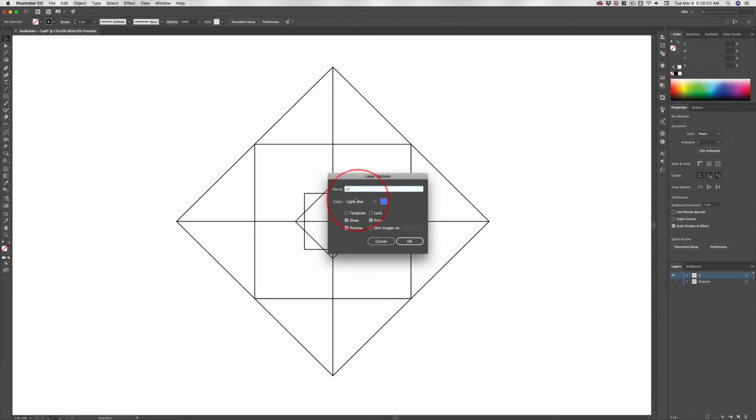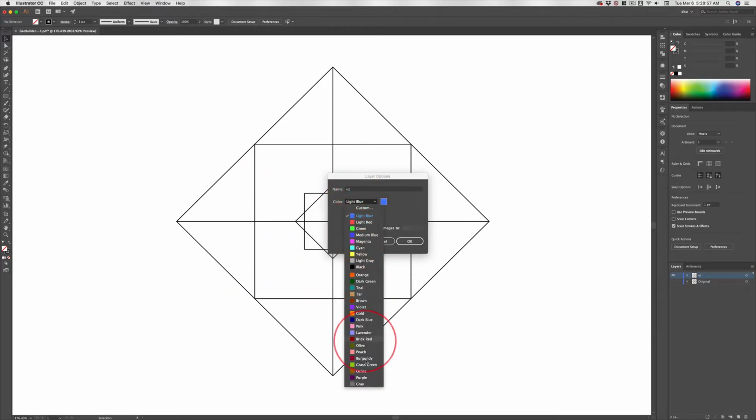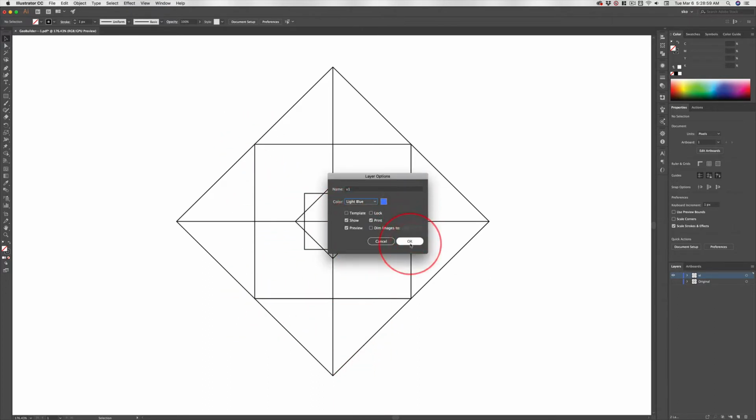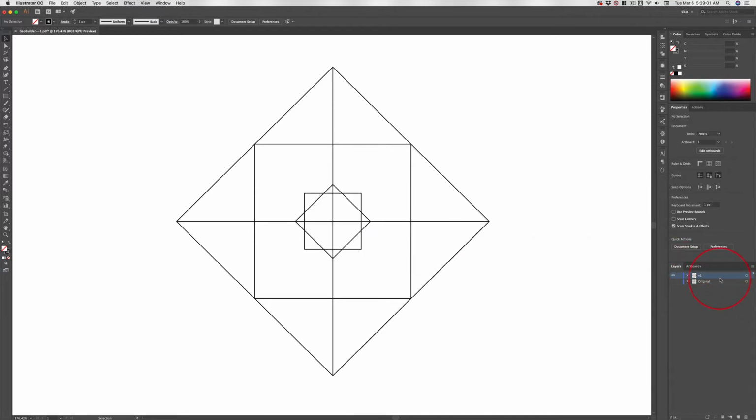And by the way, if you don't like the color of your selection, you can change it right here. You can change it to whatever you want. I do that all the time in order to see my selections better. So now that we got version 1, in order to proceed, I can do one of two things. I can drag version 1 down and make a copy of it, or drag the original down and make a second copy of it